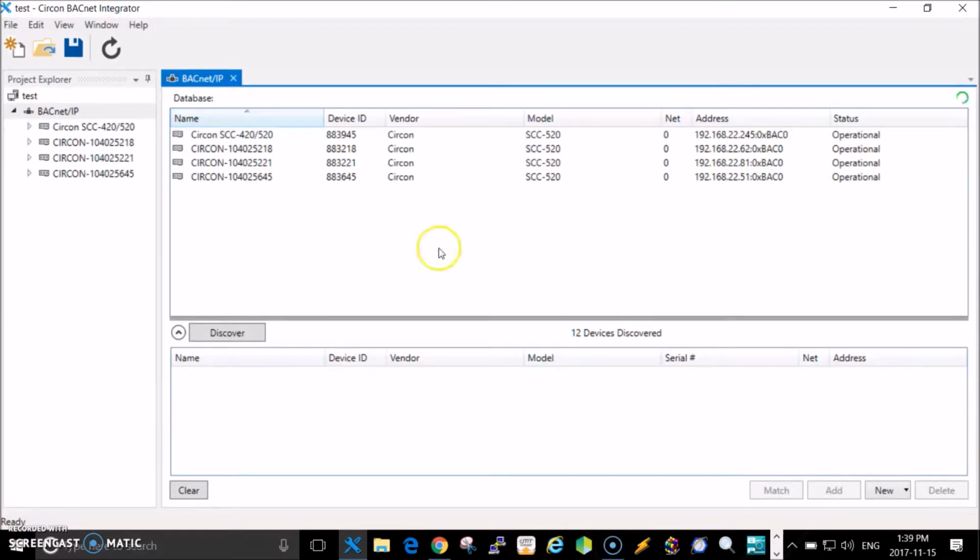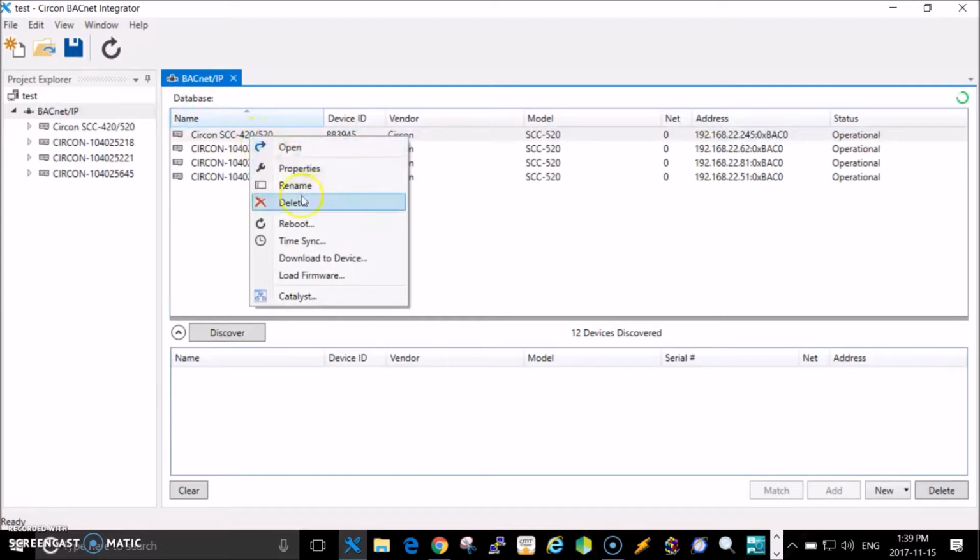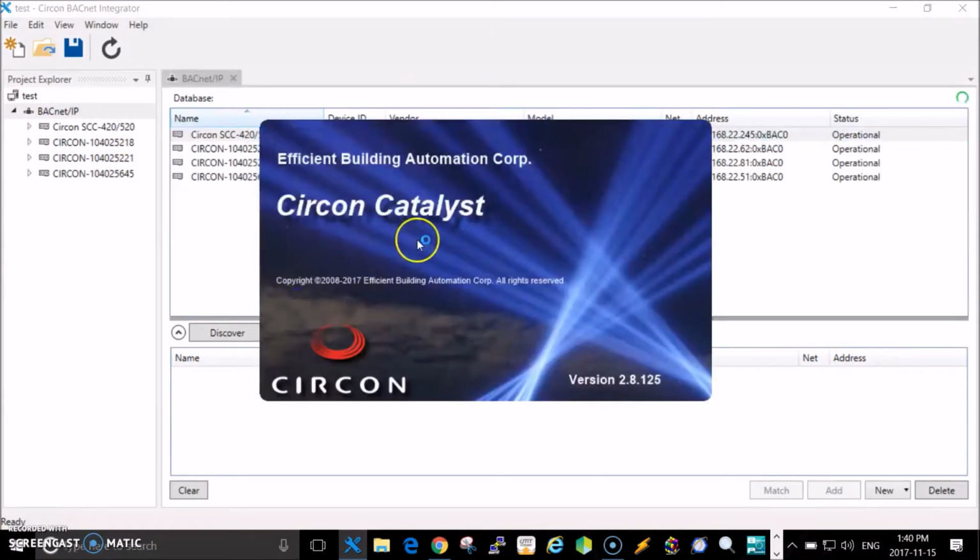So what I'm going to do next is show you how you would look at the programming inside the SCC 520, or if you want to put some new programs in it, or those kind of tasks. So I'm going to click on, let's pick the first one. I'm going to right click on it. There's a bunch of things you can do here. You can reboot the device, time sync the device, download some projects into it, load new firmware into it. What I'm interested in is the Catalyst, which is our graphical programming tool. So I'm going to click on that,